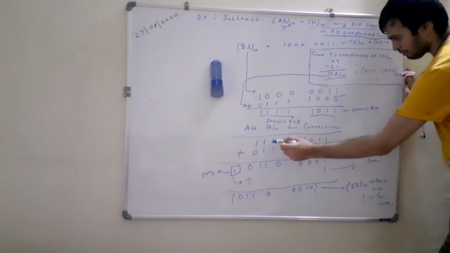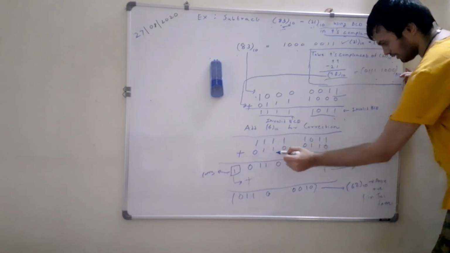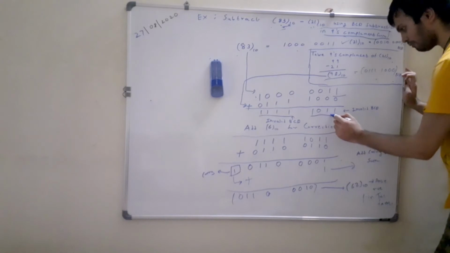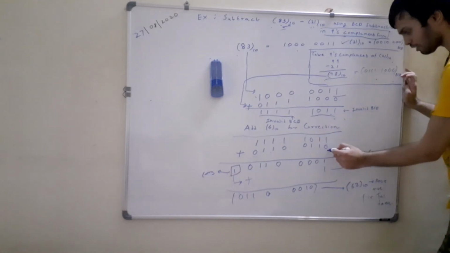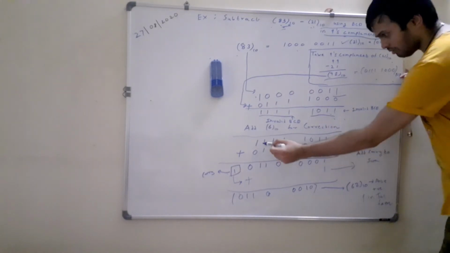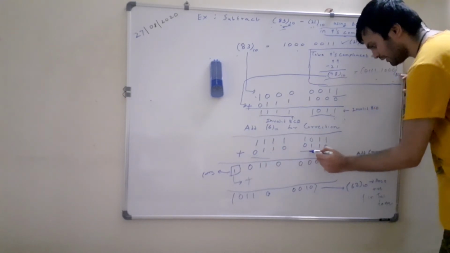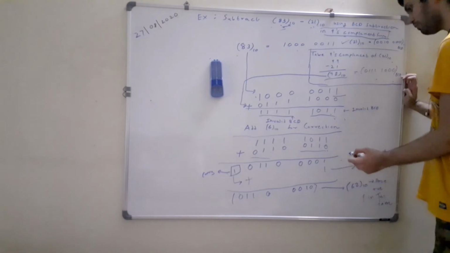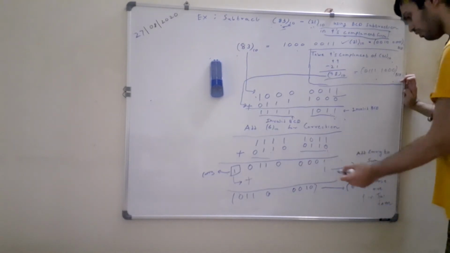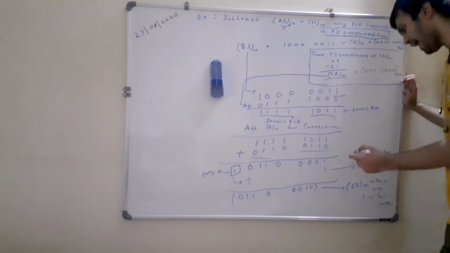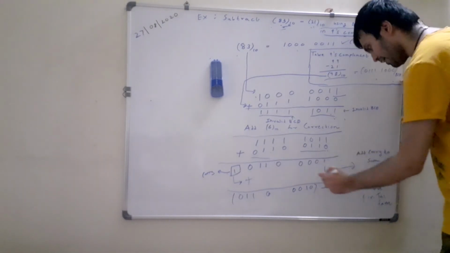So this is 1111, so add 6 to it. And then this 1011 is also invalid BCD, so correspondingly add 6 to it. So as you can see, we have added 6 to the individual digits, the individual bit patterns over here, for correction. So now we add these two. What is the result of addition over here?